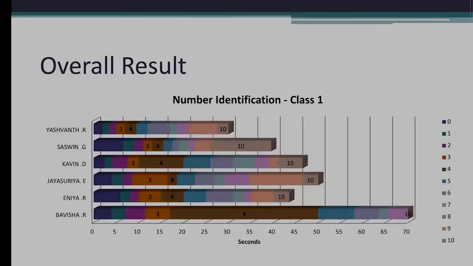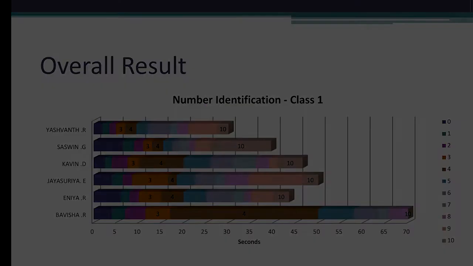Okay, this is the overall report. See, this student Bhavisha has taken more than 70 seconds to identify the numbers from 0 to 10. And if you look at the number 4, she has taken more seconds to identify number 4 correctly.